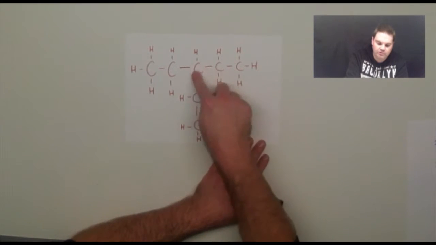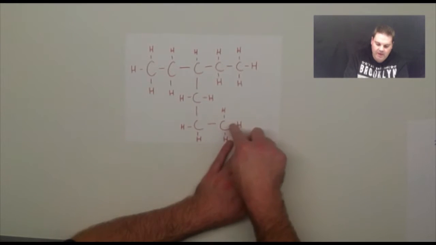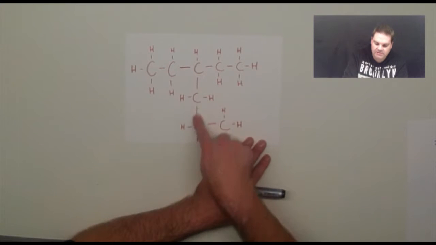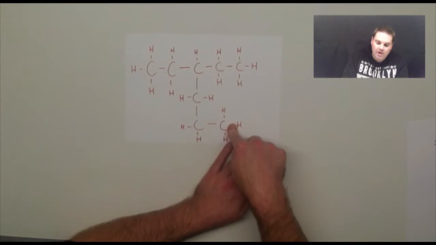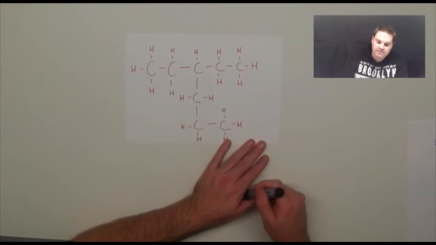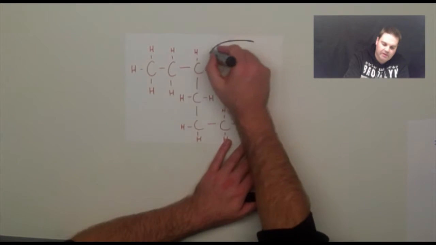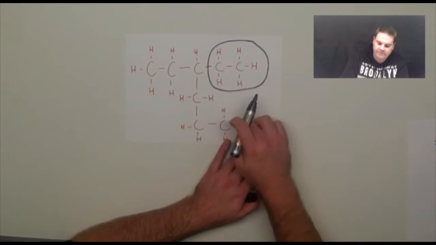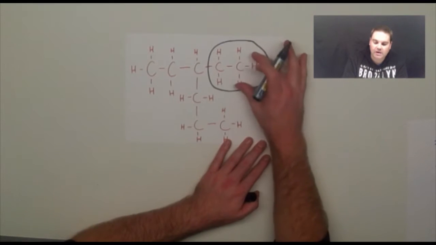Okay, or you can go 1, 2, 3, 4, 5, 6. Okay, and also 6 is the longest we get. So not the straight chain this time, but actually this kinked form. Okay, so now we've got to look at the side group, which is actually this bit up here. Okay, so we've got 1, 2, 3, 4, 5, 6 in the longest chain, with a side group up here